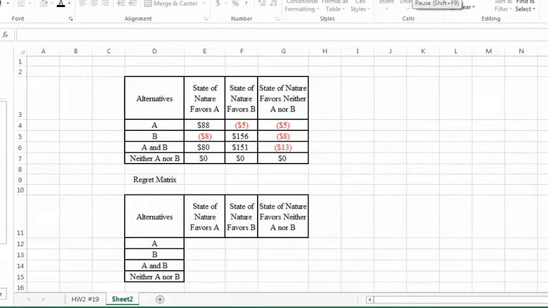Hi everybody, I'm doing number 20 from homework number 2. And again, I'm going back to these because it seemed like they were giving everybody a little bit of trouble. So when you take a look at the homework assignment